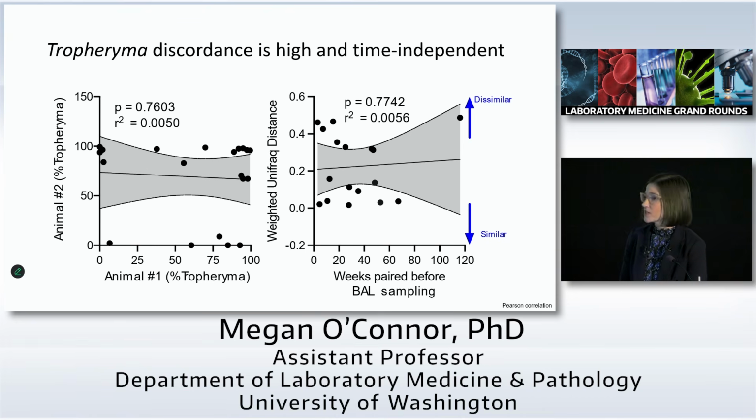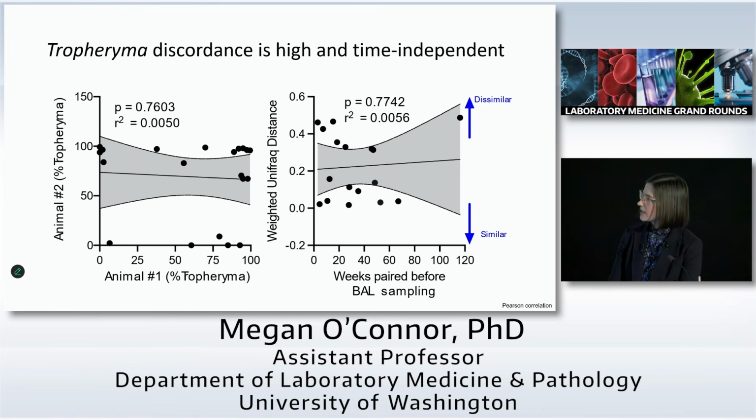And so what this is overall suggesting to us is that either we're not getting animal-to-animal transmission of this bacteria, or that there might be certain factors within the host that are leading to the elimination of this bacteria being established within the lung. This kind of goes into the idea of how transient the lung microbiome is. There are not a lot of studies in healthy humans looking longitudinally at the stability of the lung microbiome. Most of them have been in the context of diseased states,